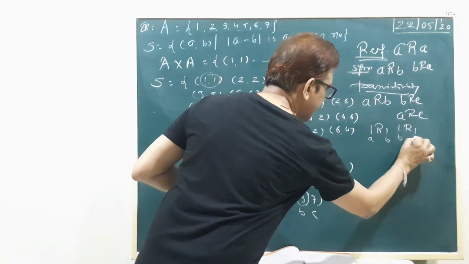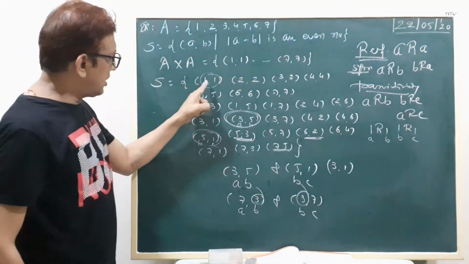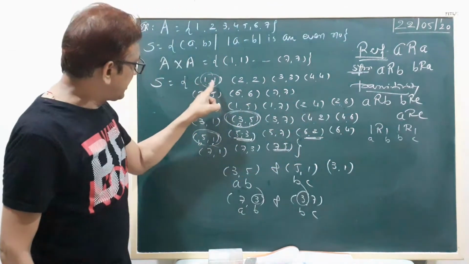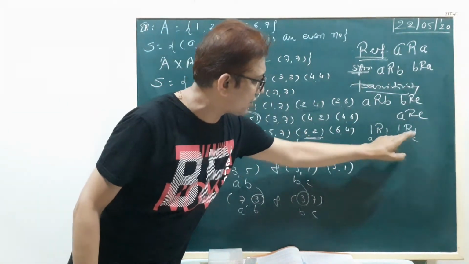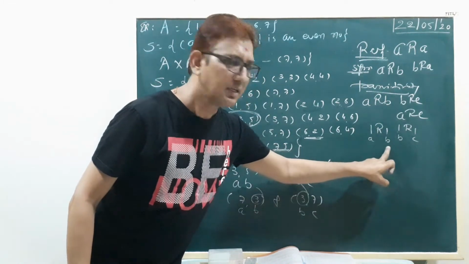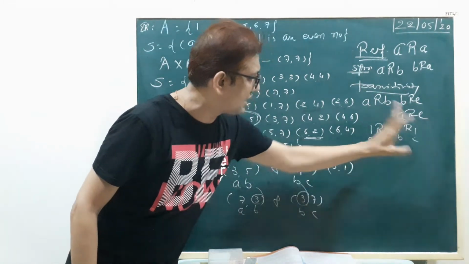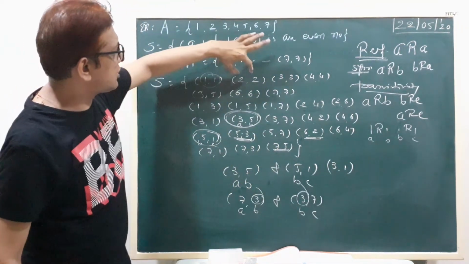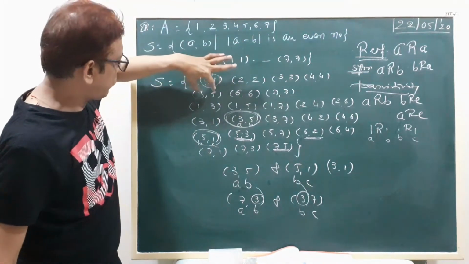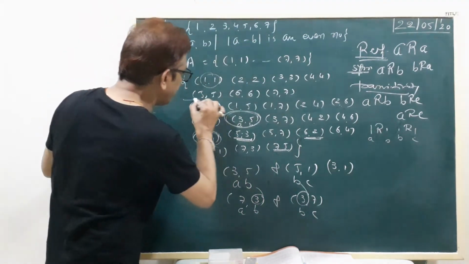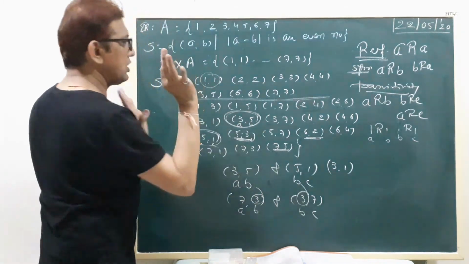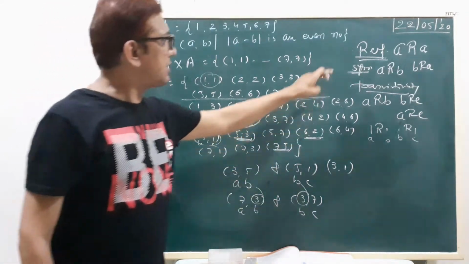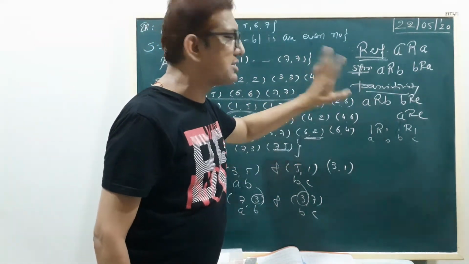A and B, B and C: 1 relation 1, it is called 1R1, because our common element is the 1. Right? So common element cancels, so relation 1, 1. So in the question, 1, 1, 2, 2, 3, 3, 4, 4, 5, 5, 6, 6, 7, 7, only up to this bracket, only these 7 brackets always satisfy reflexive, symmetric and transitivity.